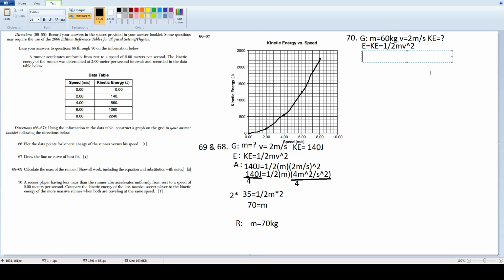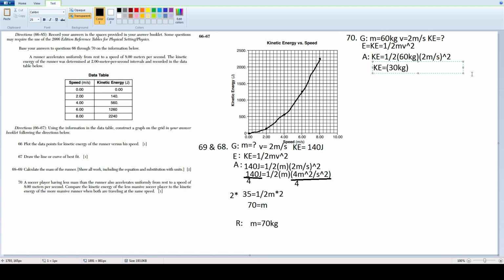Next we just solve it out. We just plug in all of the values. KE is what we're trying to find. We put 1/2 times the mass, which is 60 kg, times the velocity, which is 2 meters per second, squared. So here we can start off by squaring the velocity and finding half of 60, which is of course 30, so 30